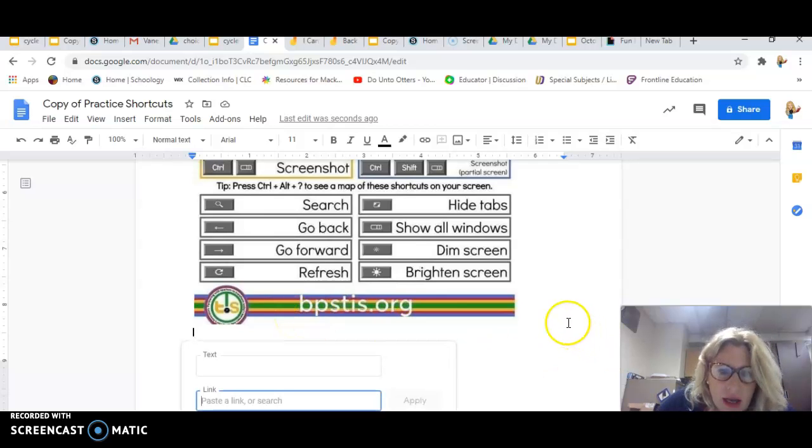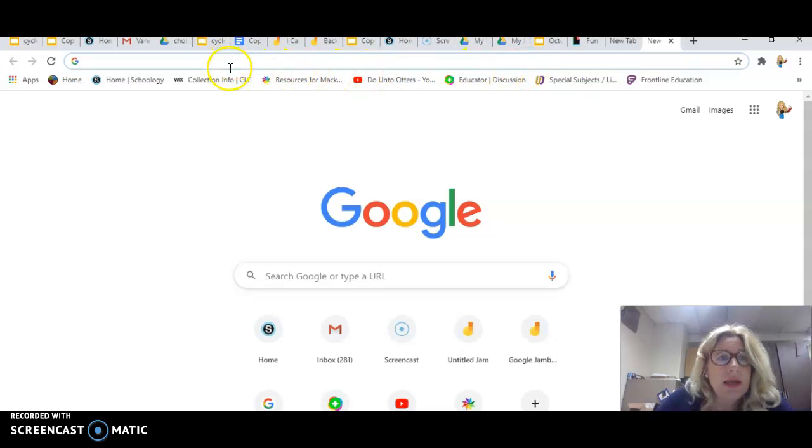That makes this little area where you're going to put your link. See, it says paste the link or search. We're going to search in a different tab because it's just easier and it gives you more options. All right, so I'm going to come up here to a new tab. Can you see where my arrow is up here? I'm going to click on this to make a new tab, and I'm going to search